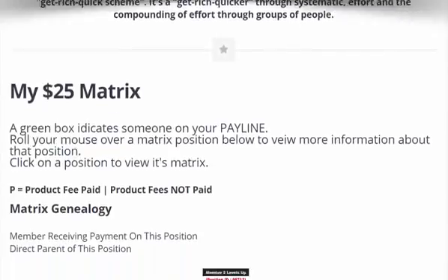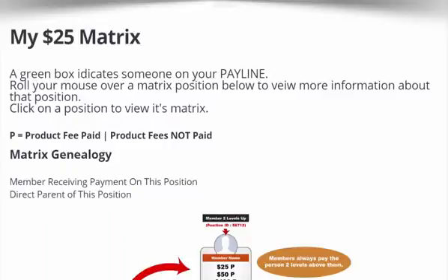All right, first thing I want to mention is that we have products. We have all digital products, and each one of the positions on here are from the purchase of a product. What we do is we have credits that people purchase, and one credit equals $1. So on a $25 matrix, or business center as we call it, when someone purchases a $25 position, they get